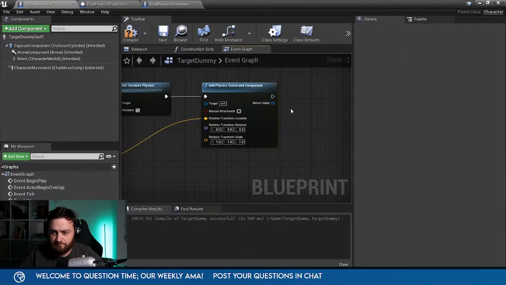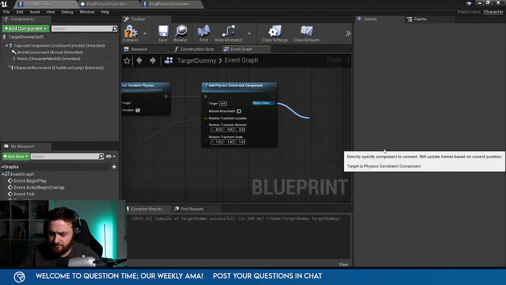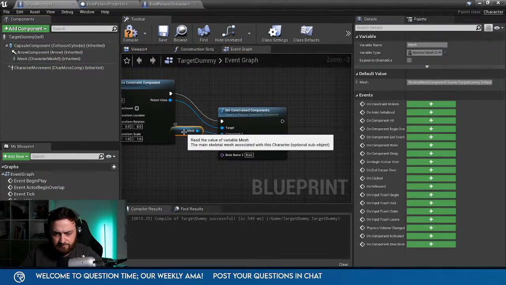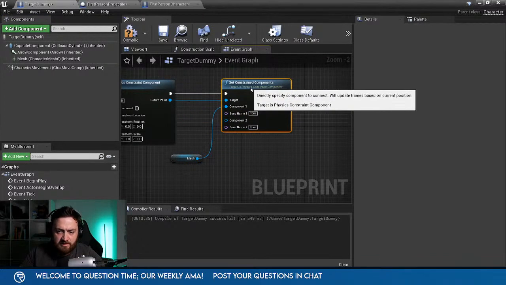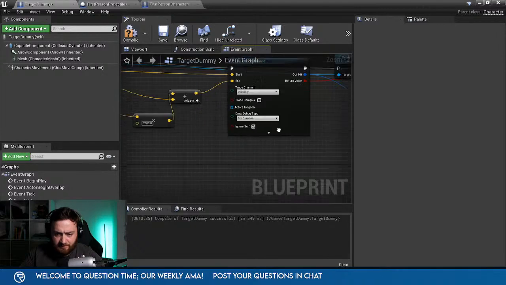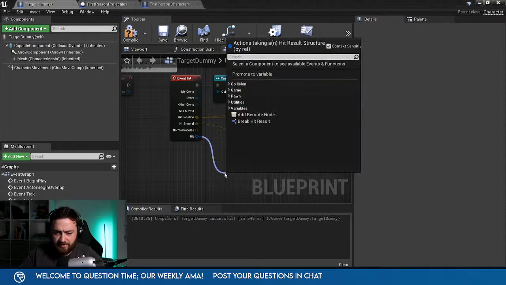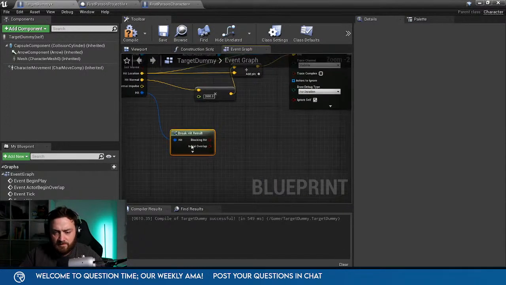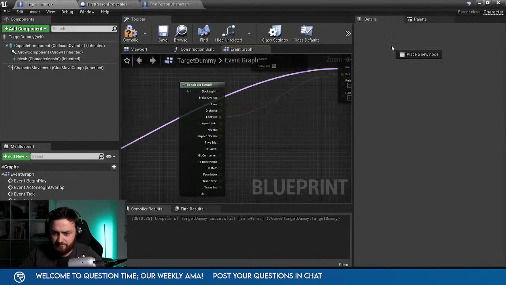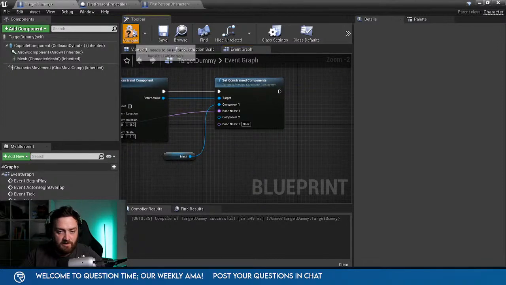Right, set constraint component. Oh yeah, just do that. That'd be easier. That way, no, it's going to be correct. And we'll constrain it by the bone name, and the bone name we're going to get from this hit event here. So break this one, and this is where the projectile hit him. So I've got hit bone name. We'll drag that out and put that in there. Okay.